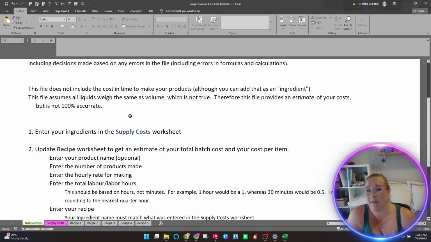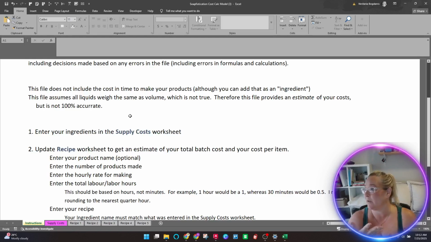The other thing about this file that makes it much more of a guidance document, not going to be exact, is that the file assumes that all liquids weigh the same as their volume, which is not true. We all know we have ordered things like two different fragrance oils, and we're getting them by weight, but the volume might be different. You might get a 2-ounce fragrance oil and 2 ounces is this much and the other 2 ounces is that much. But other things might be sold by volume.